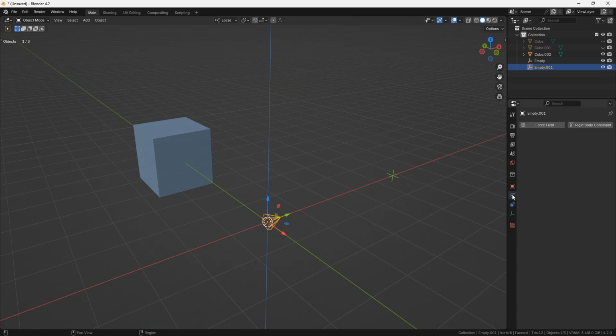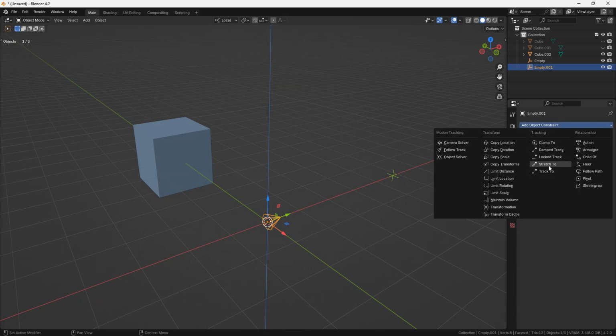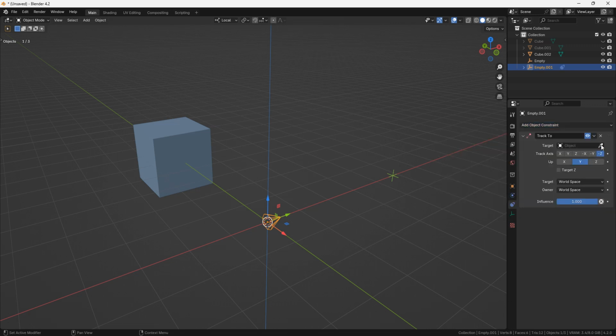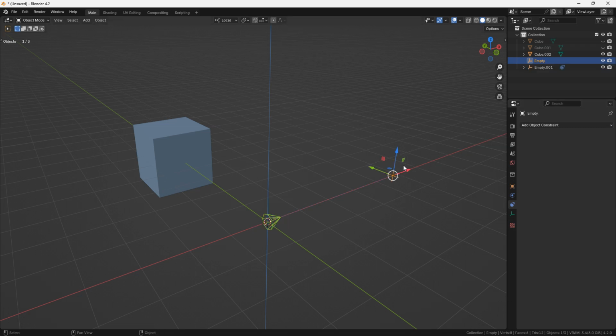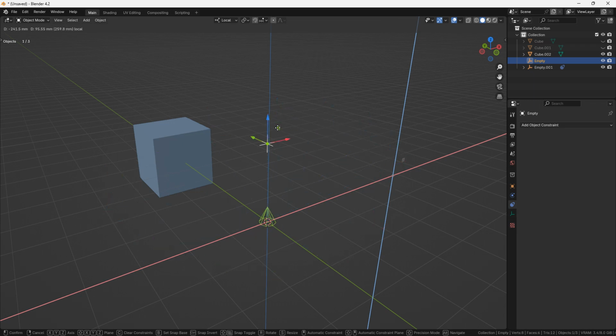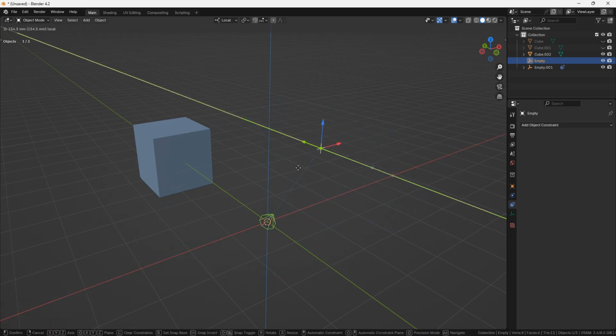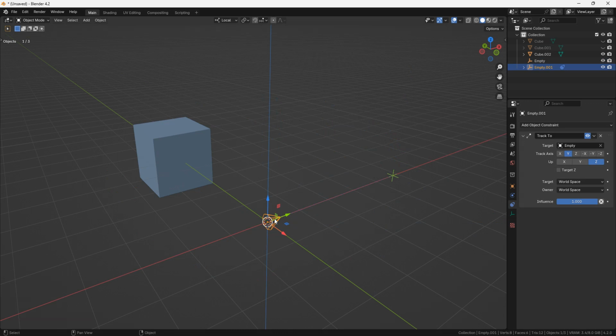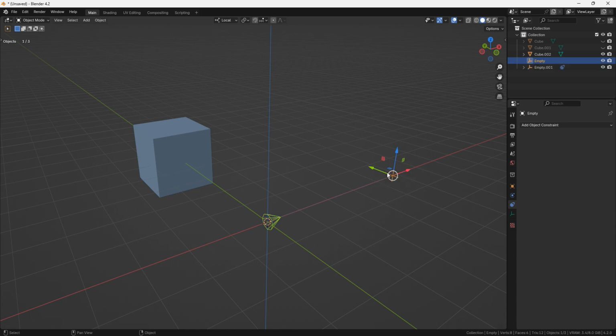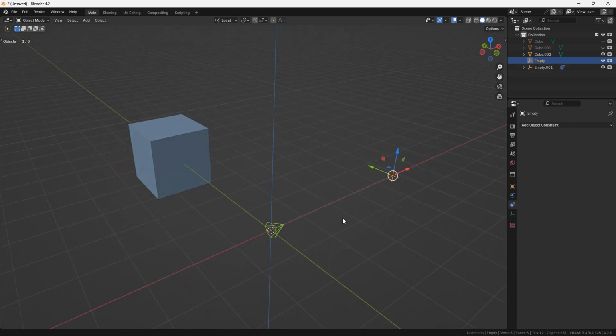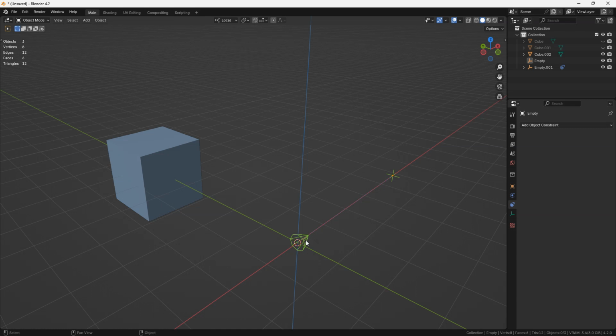Okay, and make a Track To Target constraint to this object. Okay, let's check. Okay, it works. Rule, follow to target. This is our tape rule object. How it works: